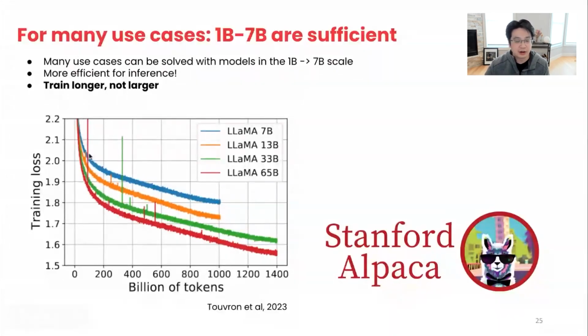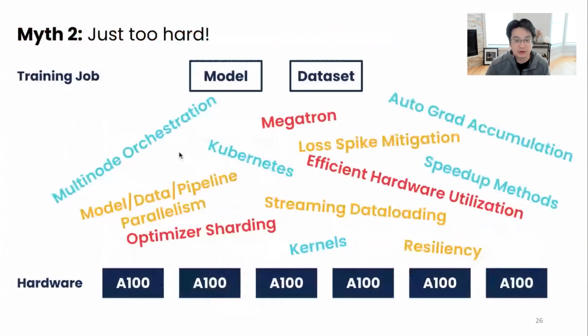You can see here on the y-axis is training loss, and on the x-axis is billions of tokens, so how many tokens this model was being trained on. And you can see that for the Llama style models, the 7 billion parameter model, the loss continues to go down as you continue to train. And so it actually makes sense to overtrain some of these smaller models, train longer and not larger, and that'll make them a lot more efficient when it comes to inference. And a lot of it was the genesis behind the Llama models that have now been instruction fine-tuned by various folks such as Stanford for the Alpaca style chatbots.